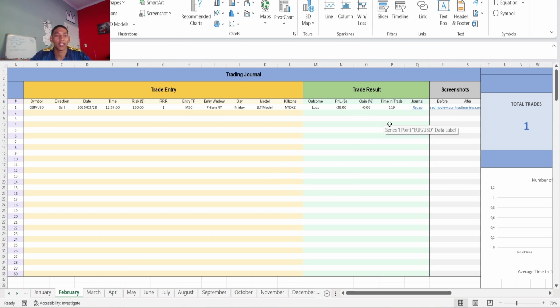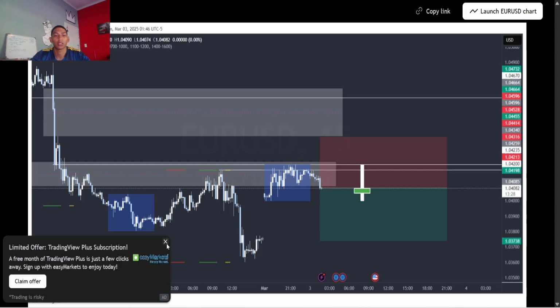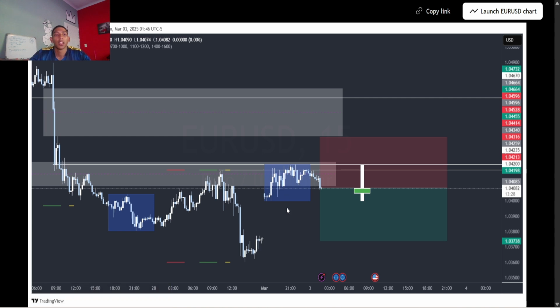So this is my journal. I took my first trade in Feb, the last week of Feb, just to get the account started. It was like last week Friday. Took a sell on GBP USD, so I just put the links here for now just to make it easy. Took this sell,